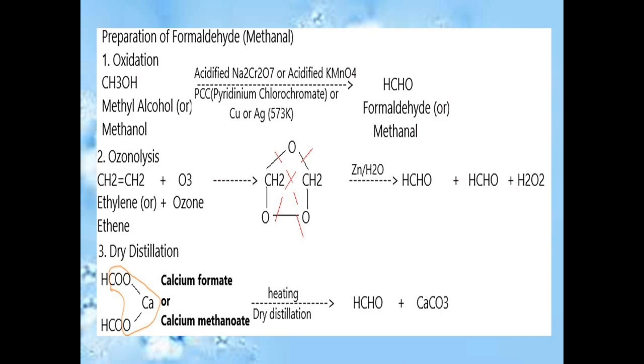Methanoate means only one carbon is present on one side, another carbon is also present, but because of the valency of calcium it contains 2 carbons, so don't get confused by the name. Now when that calcium formate is heated, we get formaldehyde, and calcium carbonate alone is removed. I indicated that. The remaining part is formaldehyde.